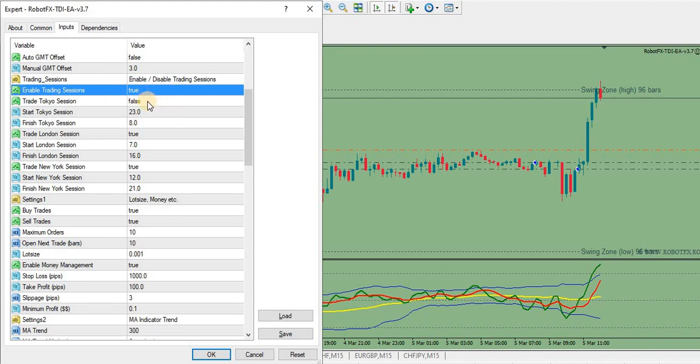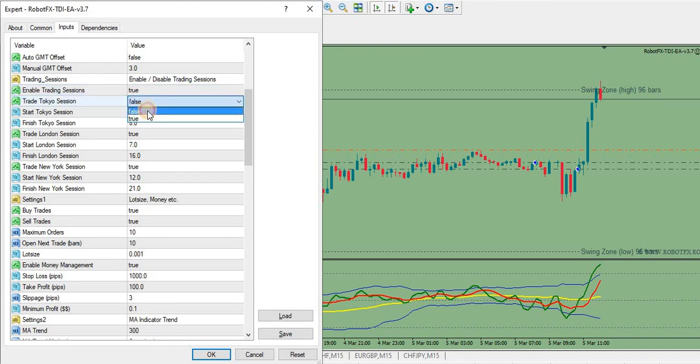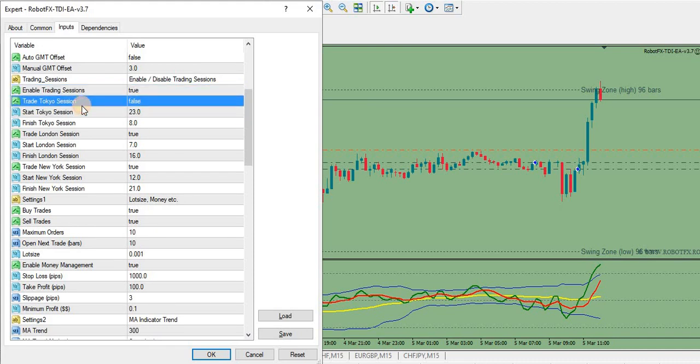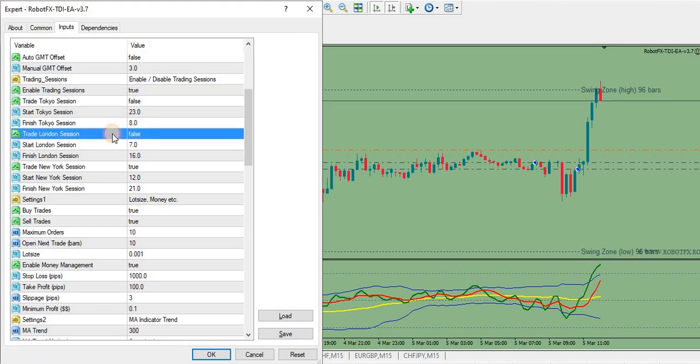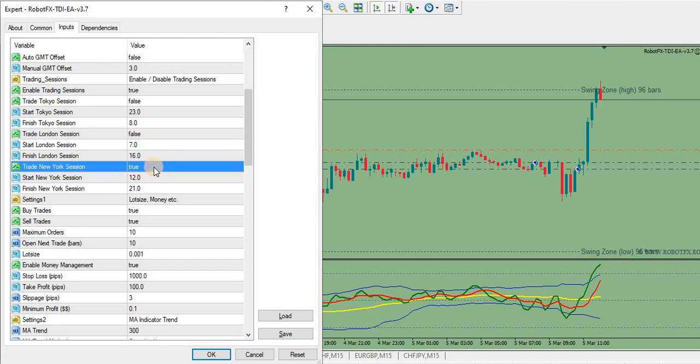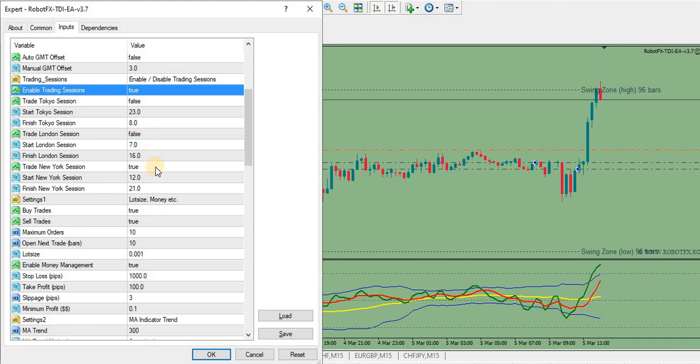Like, for example, disable trading for the Tokyo session. We don't want to trade then. We don't care about the Tokyo session. We don't care about the London session. We only want to trade during the New York session, well, because it's higher volatility there. So we will enable this, set it to true, enable trading sessions also to true, and